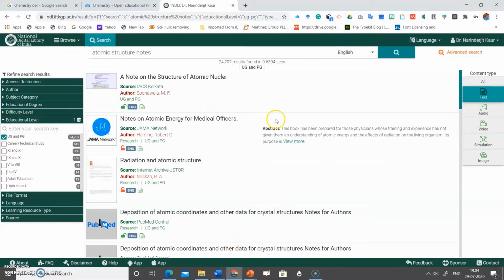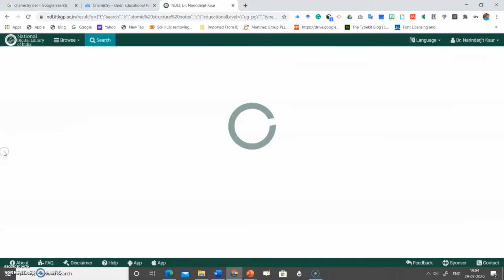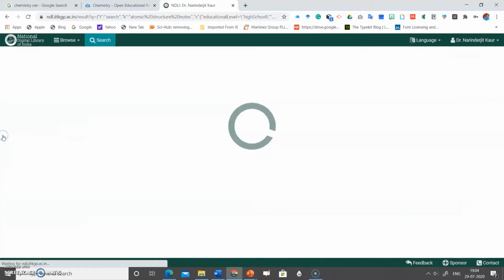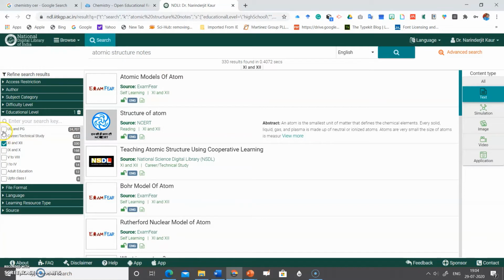Now, if you want to select for 11th or 12th class, so click on 11th and 12th. So 11th and 12th and UG. So these options will appear. For example, I don't want to look for UG and PG. I just want to look for +1 and +2. So these options will appear. And when you click on,